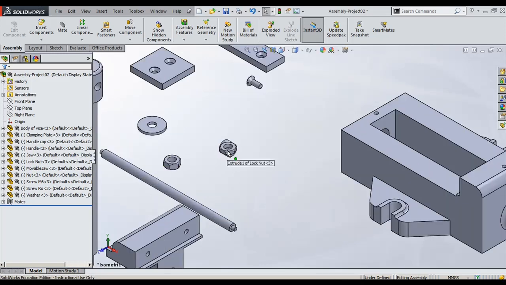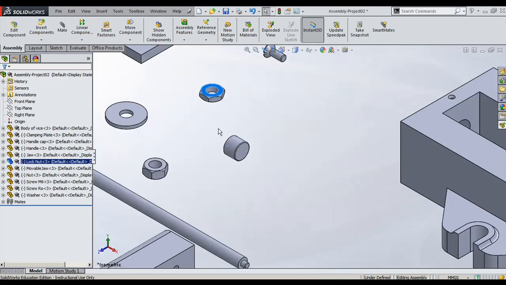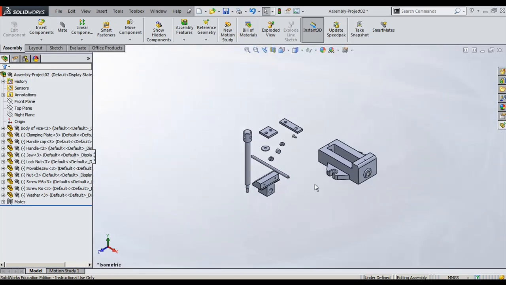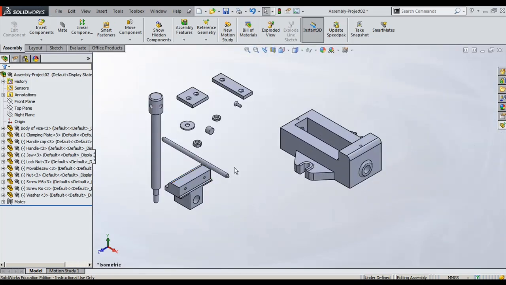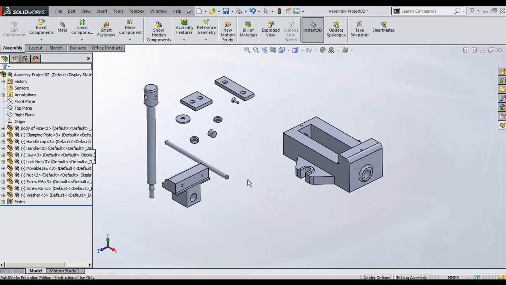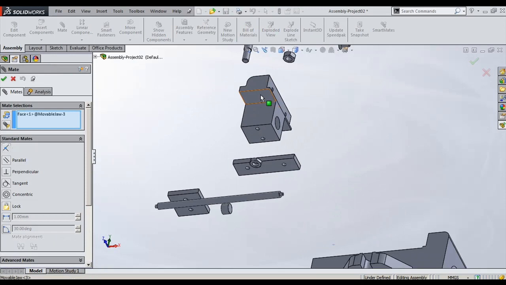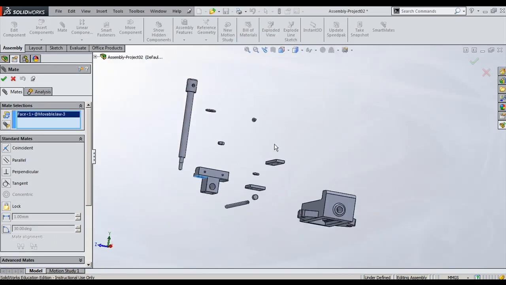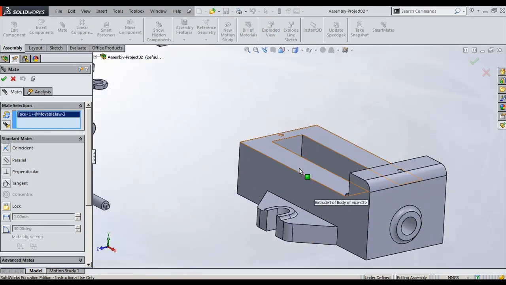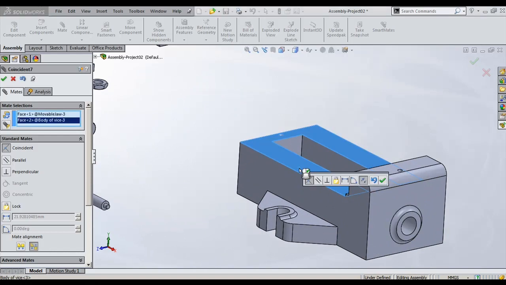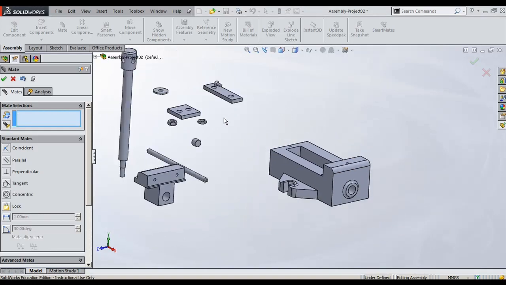Mates doesn't mean only standard mates. We can use even mechanical mates. We can even use screw mate. It is an advanced mate also. The first part: now I want to assemble this movable jaw. The first base part is here. On that base part I'm going to assemble this movable jaw, and next